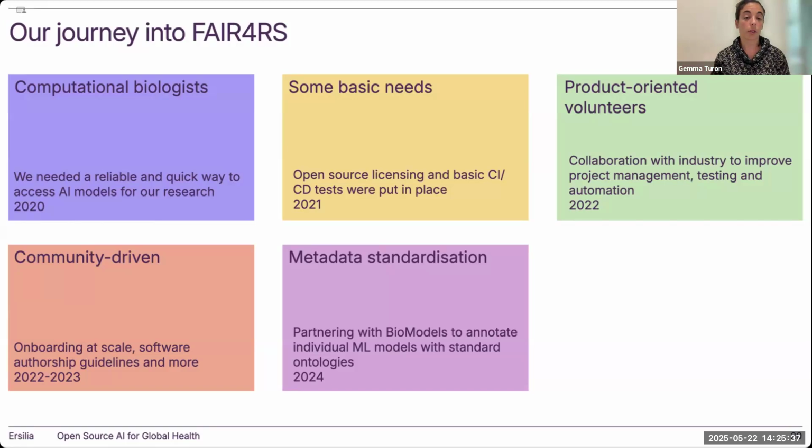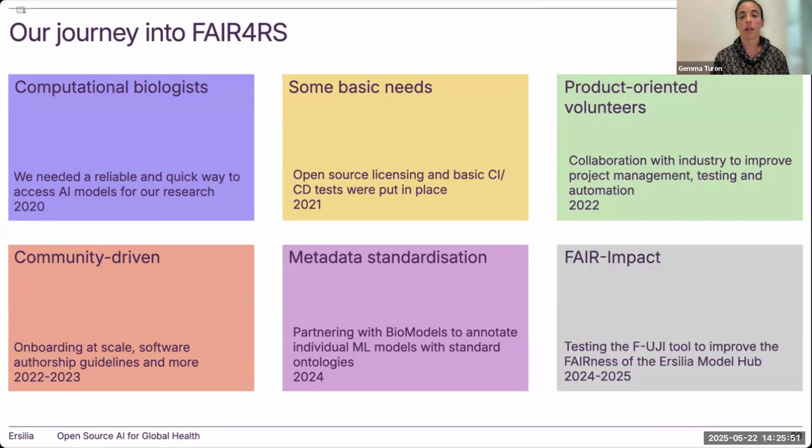So with them, we worked on standardizing the metadata available for our models using standard ontologies, annotating these models, etc. And then this is also about the time where we learned about the FAIR Impact Program, which ran last year and we completed by the end of this year, which allowed us to test this F-UJI tool to improve the fairness of the Ersilia Model Hub.